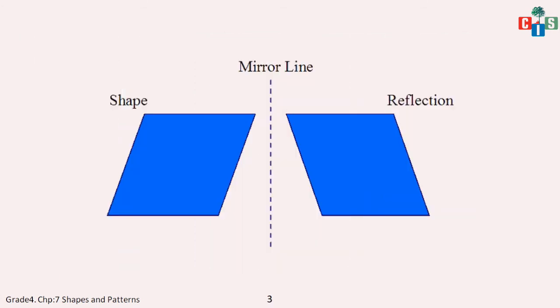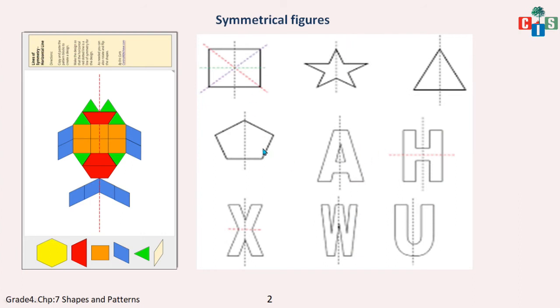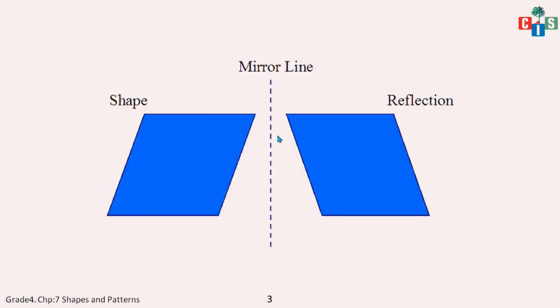So let's see the other part. Now what I have done is, I have placed a mirror on this dotted line and I had the reflection on this part. Now kids, see the difference. Here I have placed the mirror on the rectangle, and here I have placed the mirror beside the rectangle. I have not placed it here. This is not actually a rectangle, this is a parallelogram, but I have not placed it on the parallelogram. If I place it here, I can say that this is not a symmetrical figure.